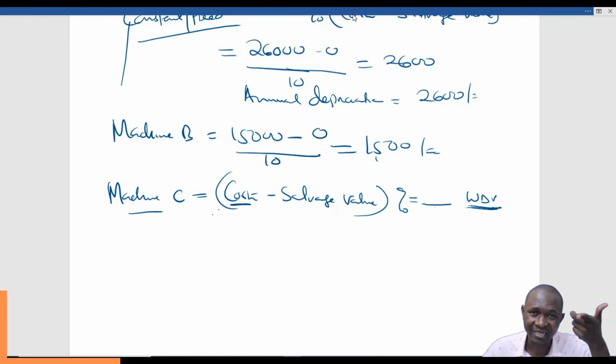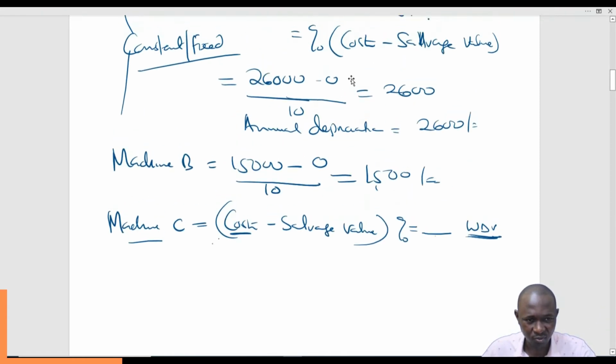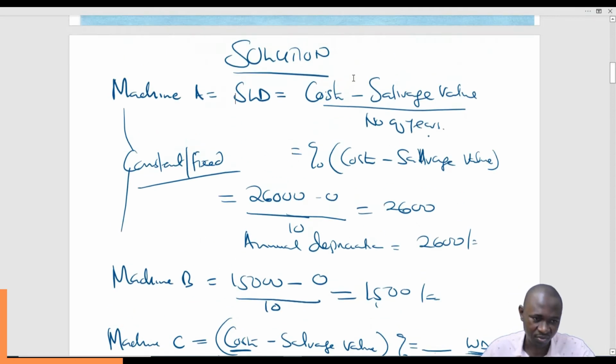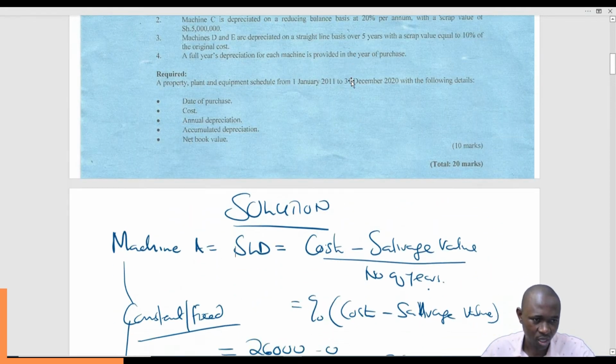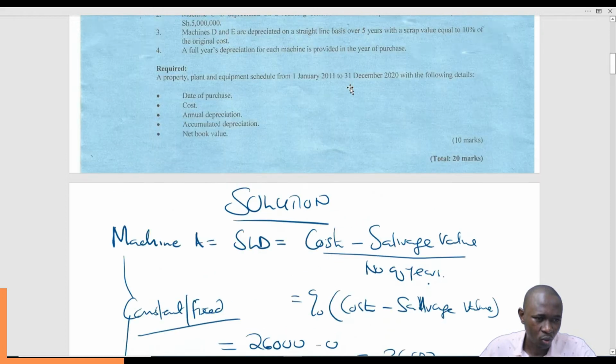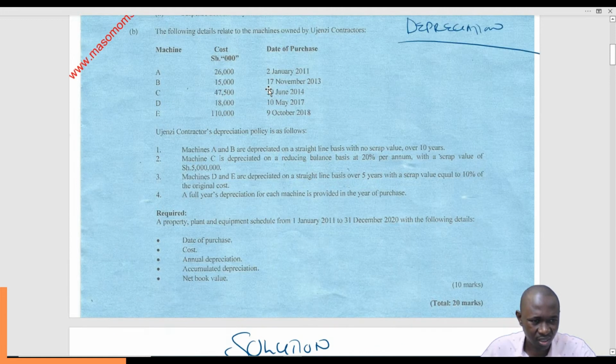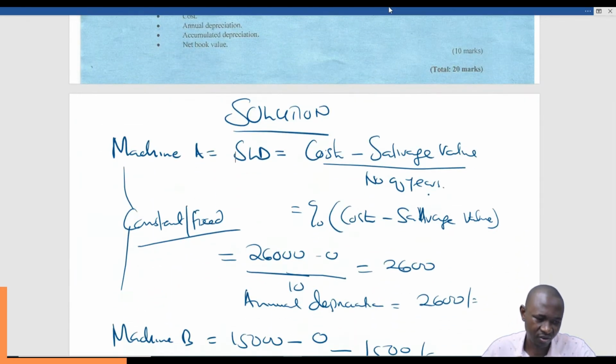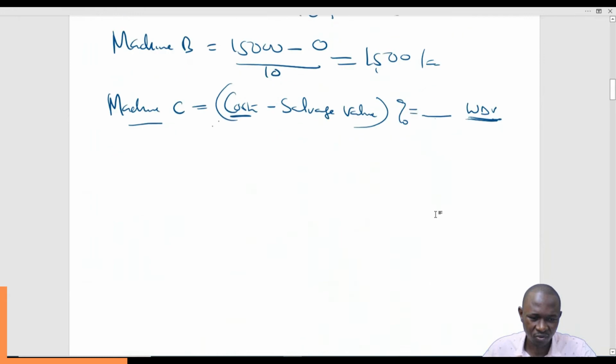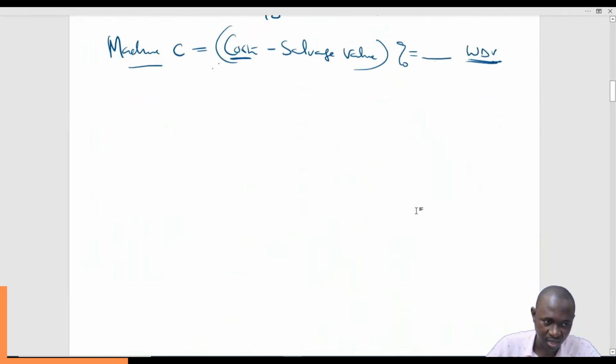We work with the written down value. So we factor in the depreciations of all those subsequent years when calculating the depreciation for the respective year that we're dealing with. So let's work it out. Machine C is depreciated with a scrap value of 5 million and the machine C value is 47,500. So this one will call for something like a schedule,